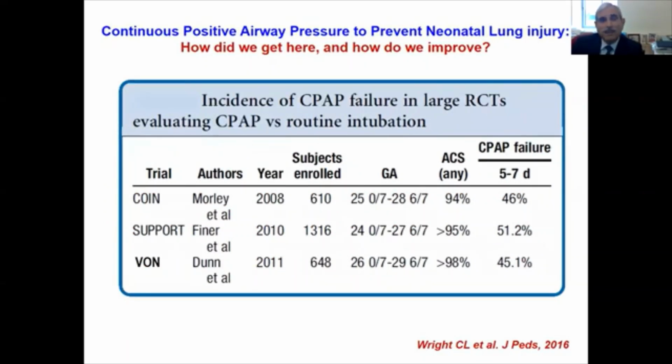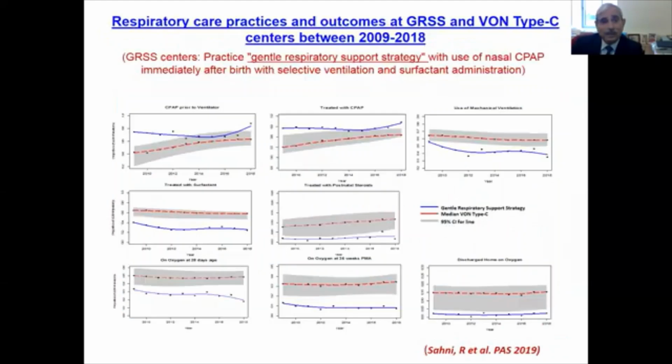What about CPAP failure? This is a big concern when CPAP is used as a primary mode of respiratory support. In fact, Clyde Wright and his colleagues reported a very high incidence of CPAP failure at 5 to 7 days when CPAP was used as a primary mode of respiratory support in extremely low birth weight infants enrolled in major randomized controlled trials. We recently reported a 10-year practice trends between the years 2009 and 2018 at Columbia-like centers that